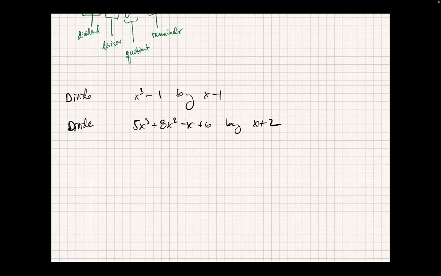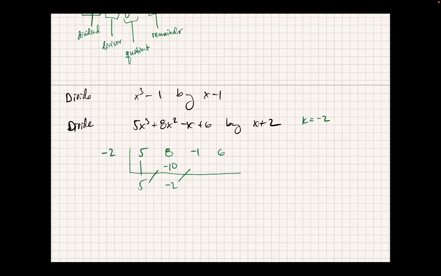What's your very first step? K equals minus 2. And then where do I write that? On this side, minus 2, out to the left. And then what do I write in my grid? 5, 8, minus 1, 6. Bring down the 5. Make my little times grid. 5 times minus 2 gives you minus 10. 8 minus 10 gives you minus 2. Then you go back up, and minus 2 times minus 2